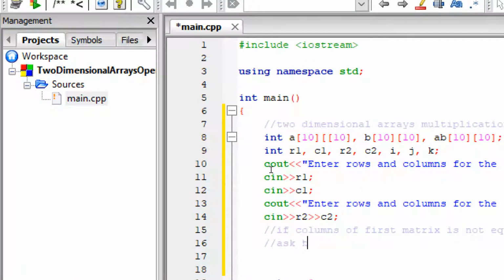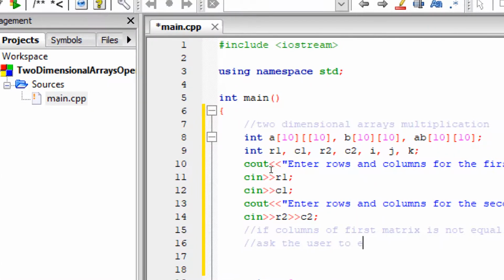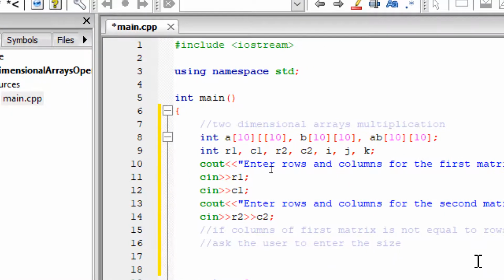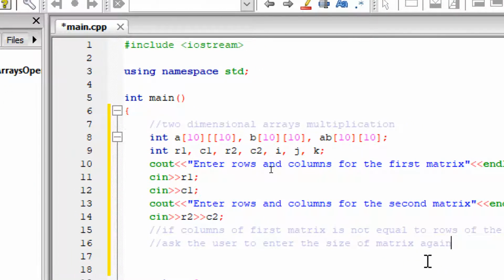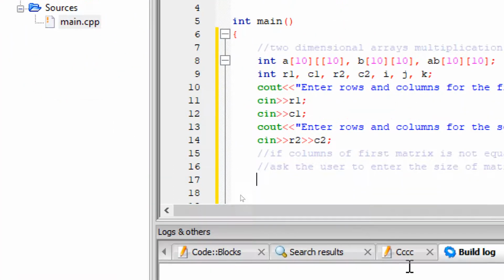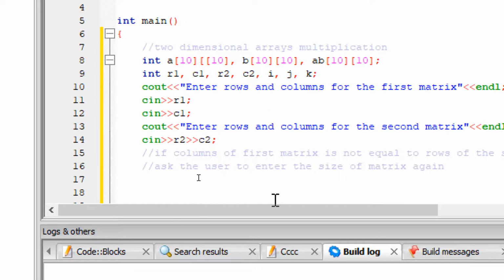So ask the user to enter the size of the matrix again. We are going to compel the user to enter the correct size of the matrix. When the columns in the first matrix are equal to the rows in the second matrix, then we can do the multiplication operation. Otherwise, we are going to prompt the user again and again to enter the correct values. So with that, let me go ahead and